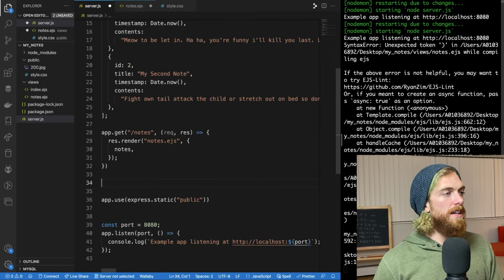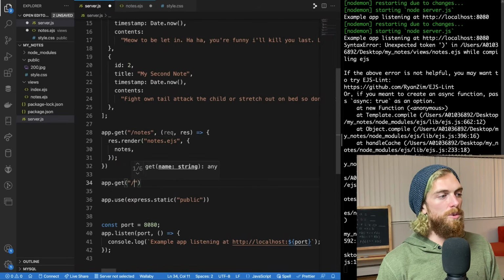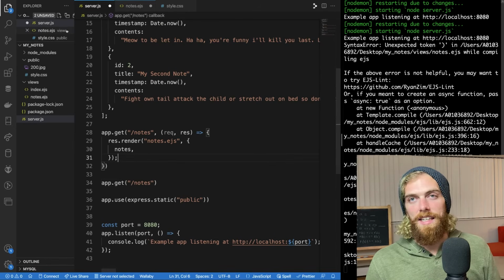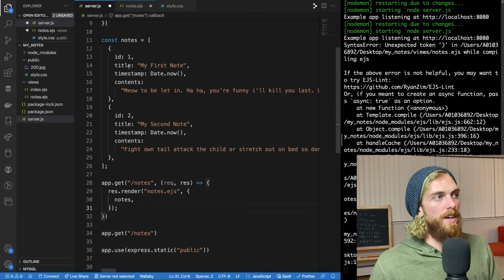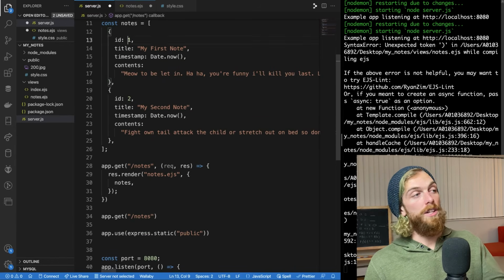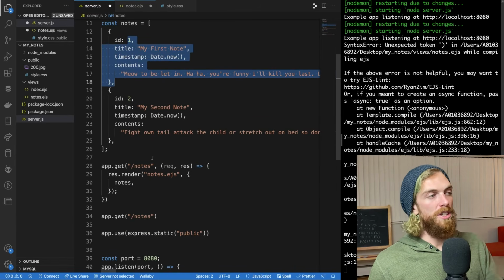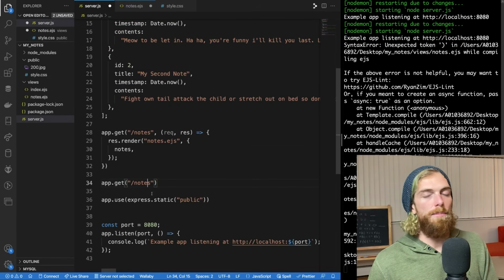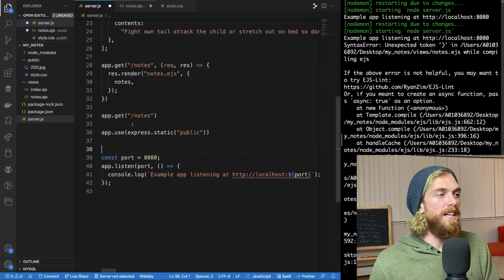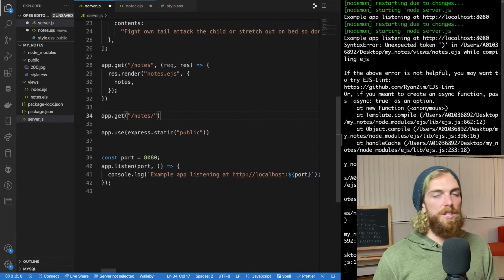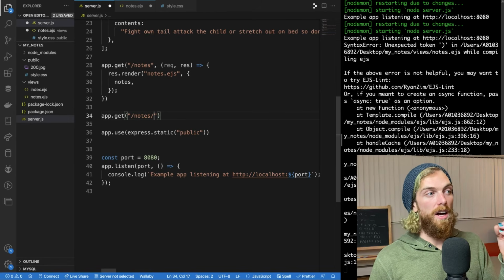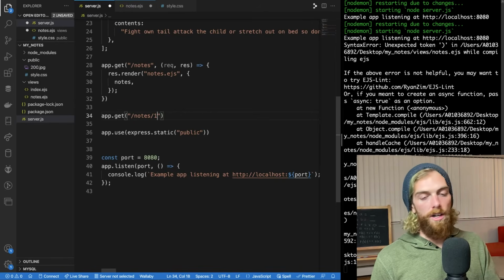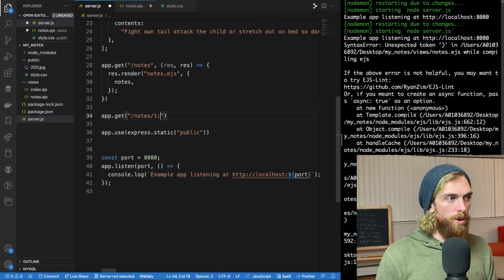So if I make an app.get request to /notes/ well, I can use the ID of the object that I have here. If I go /notes/1, I can show all the contents about that note. If I go /notes/2, then I can show all the contents of the second note. This is a pretty common pattern in a URL to identify a resource and then use some sort of identifier to specify an individual resource. But since I don't know if it's going to be 1 or 2 or 100 or whatever, we can say